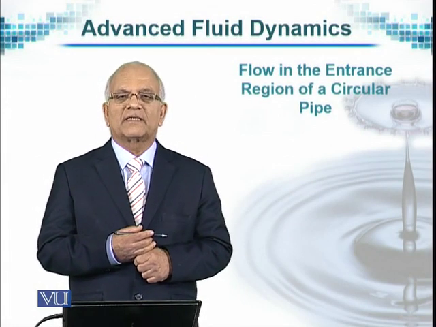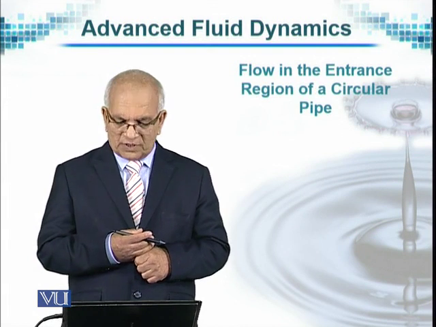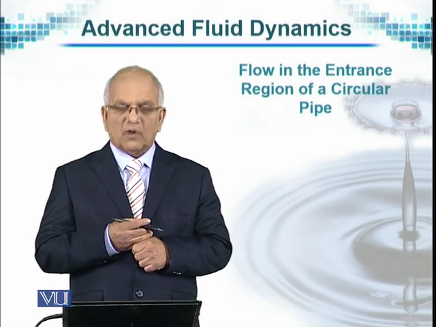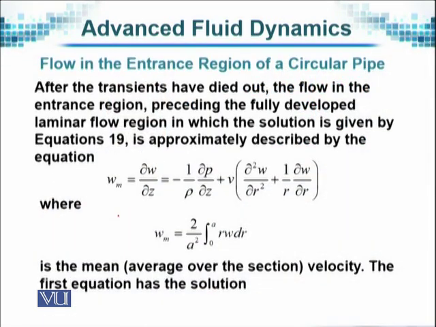We consider now another example where an exact solution can be found, and that is for a flow in the entrance region of a circular pipe. After we consider the flow in the entrance region of a circular pipe, we allow the fluid to flow, and then after the transition has taken place and the initial disturbances that occur when the fluid flow is generated have died out, a laminar steady flow takes place, and in that situation